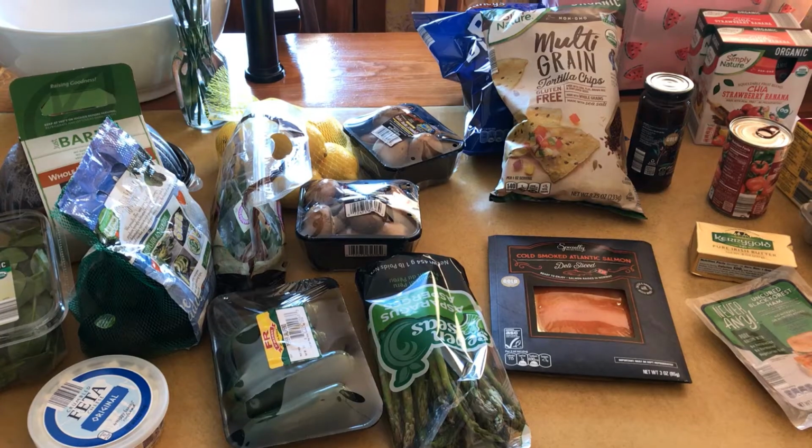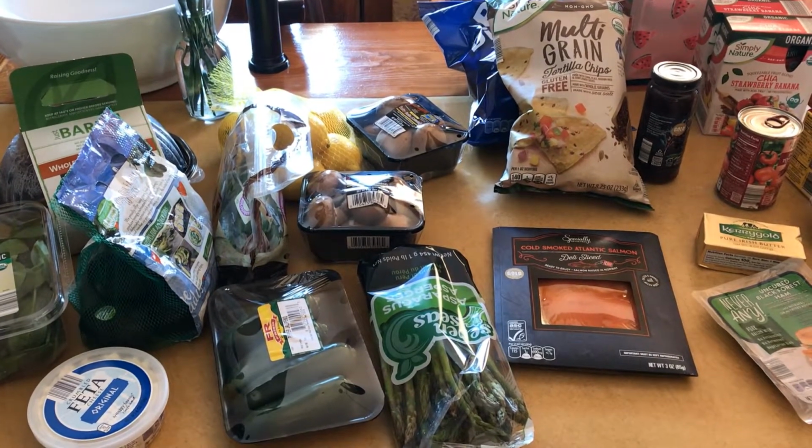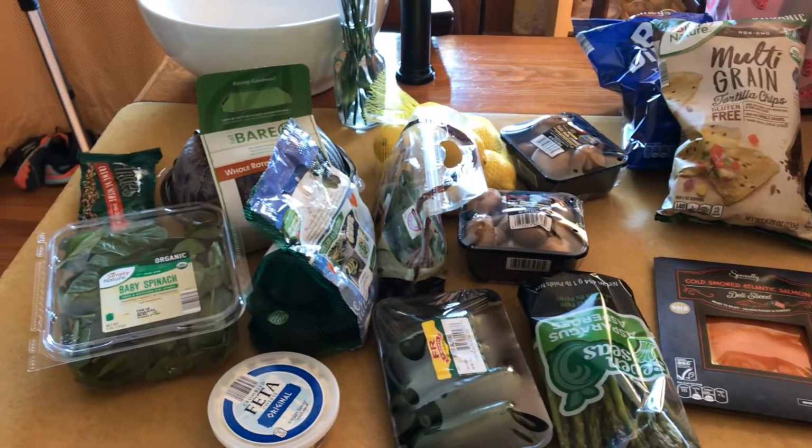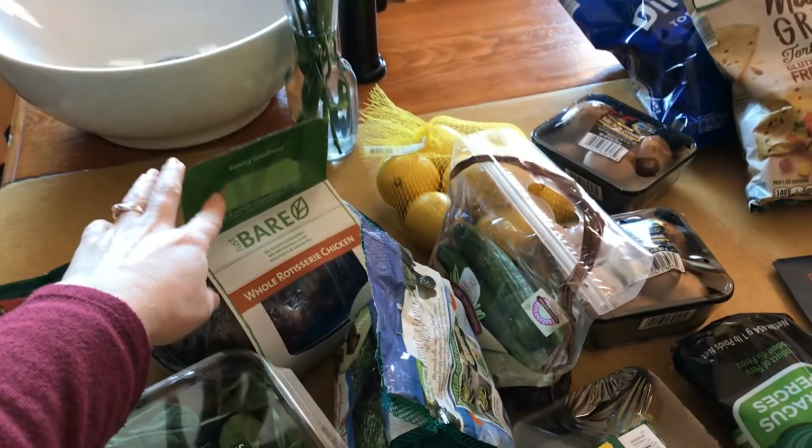So in a little bit, I'll do a separate video of my zone cleaning, and I'll try to keep those going through the month as well. But I wanted to do a haul video for you and just show you what I got at Aldi. Okay, so I spent $53.73, and this is everything that I got, except for this Bear rotisserie chicken